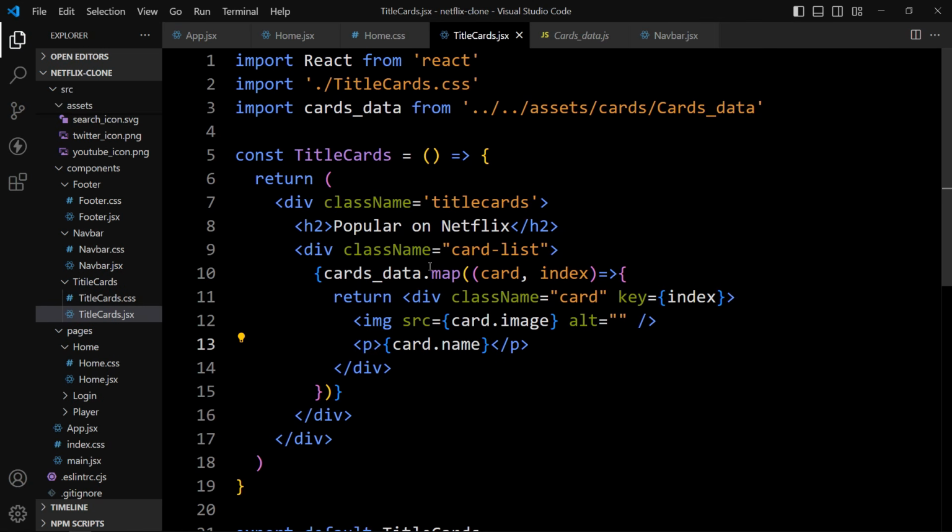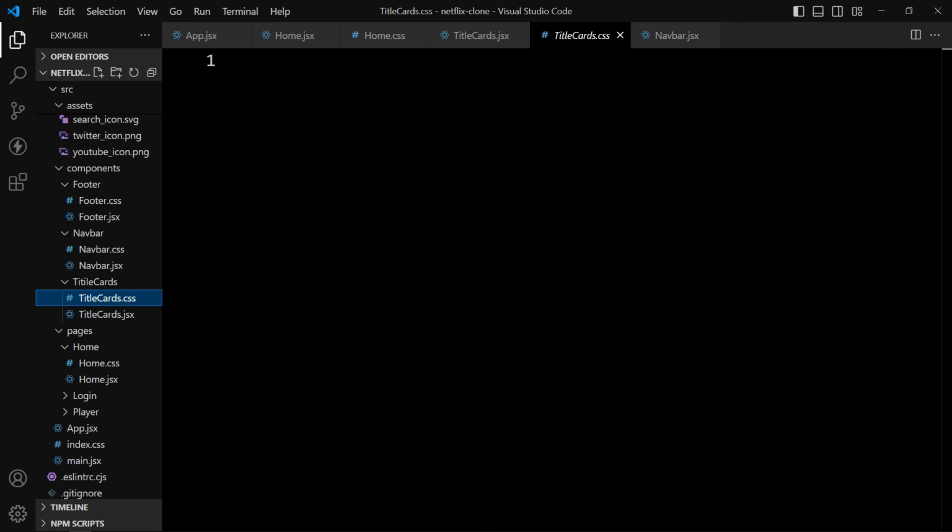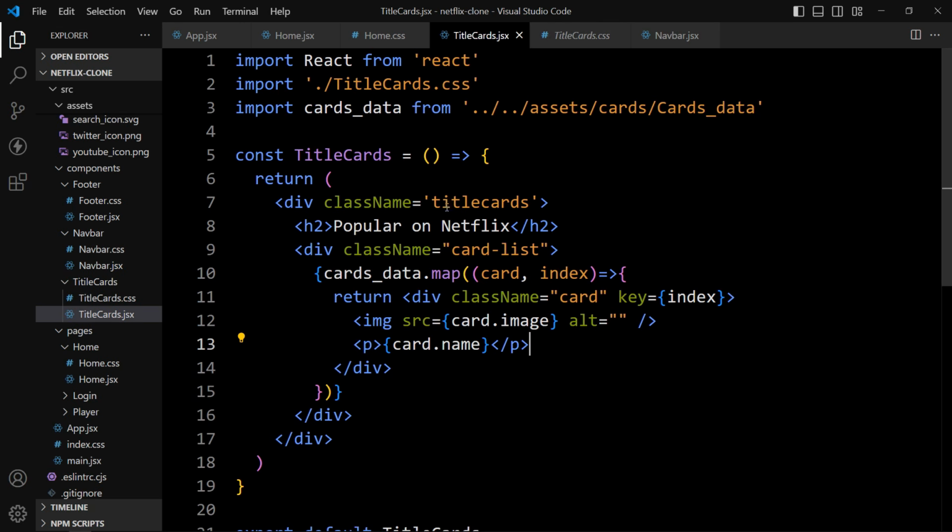So just come back, open this title cards, and then open this title-cards.css file. In this one we'll add the CSS properties for this class name, which is title cards. Let's add one dash here, it will be easy to read: title-cards. Just copy this one, add it here.